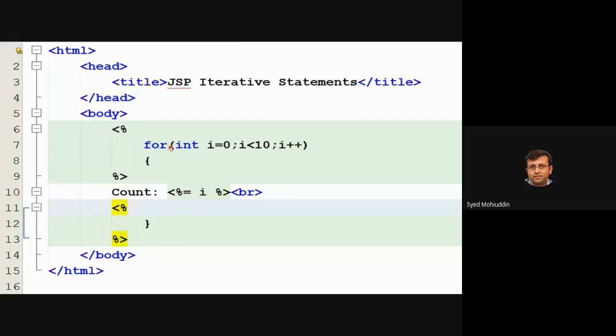So each time the for loop runs, the first time it starts with 0. So the I value will be 0. So in this entire thing, count 0 will be displayed. Then, since this bracket was open and we don't have any other statements for the for loop, we need to close this bracket. Since the bracket forms a part of your JSP, we will need to open a JSP tag, and within the JSP tag we need to close the curly bracket as well as close the